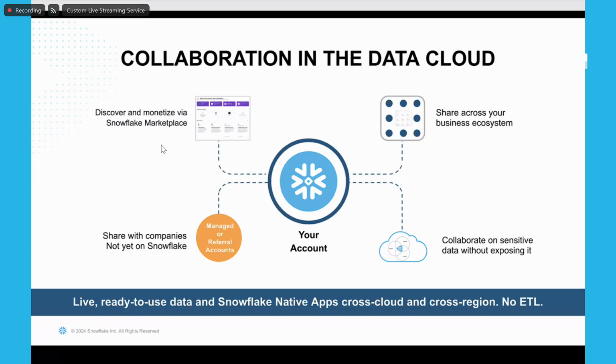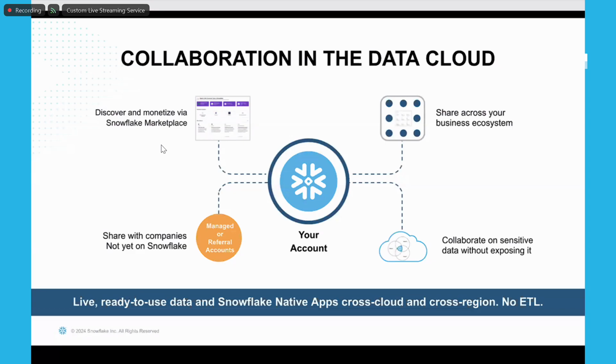In certain types of use cases, we can also help you get value from double-blind joining. Let's say one organization wants to join its data with data from another organization without revealing sensitive information. We have a clean room capability that can help you join those data without revealing the sensitive part. So both organizations will benefit